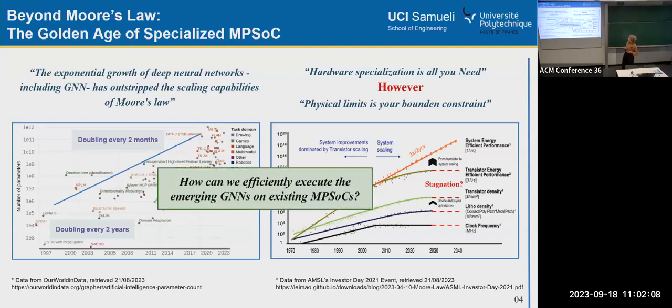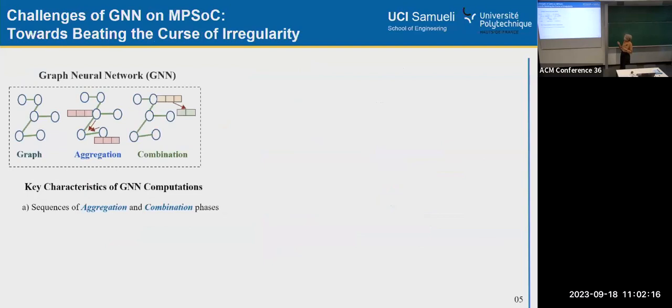So the question now comes on how can we efficiently execute the emerging GNNs on existing heterogeneous NP-SoCs. Before answering this question, we need first to understand the workload characteristics of GNNs. Compared to classical and typical neural networks, the particularity in GNNs are the graph data representation and this interplay between